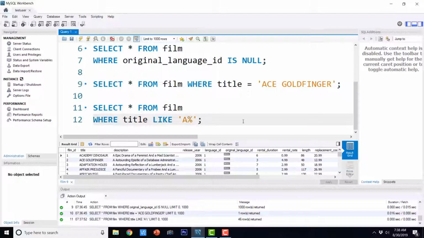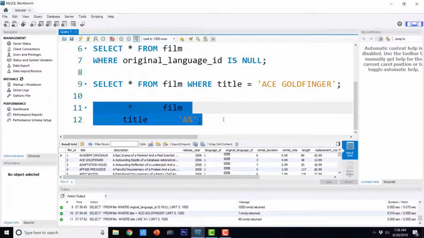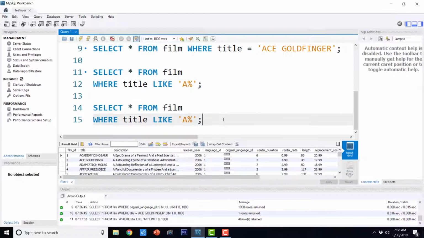Now we can also check for the strings where the second character is A, and that is possible by something like this. Underscore means exactly one character. So our pattern is that our string should have exactly one character in the beginning, followed by capital A, and then it could be followed by 0 or more characters of any type.